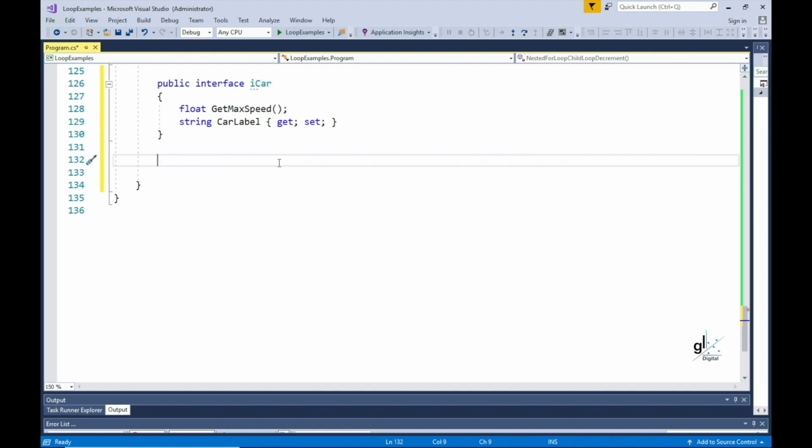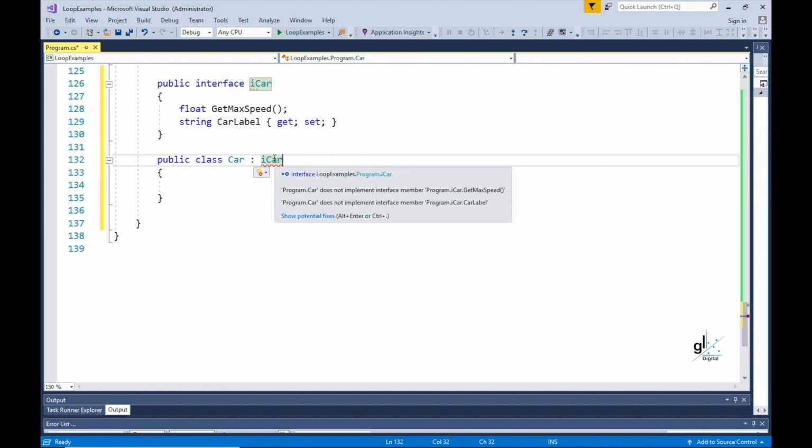Right, so now we want to create the code that will implement the iCar interface definition. So let's create a class named car and indicate that we wish to implement the iCar interface. We do this by following the car class name with a colon followed by the interface name, iCar. So you'll notice red squiggly lines appear under iCar in our code editor. The compiler is telling us that we have not implemented all the properties and methods of the iCar interface, so we have signaled to the C# compiler our intention to implement code for the iCar interface, but we have not